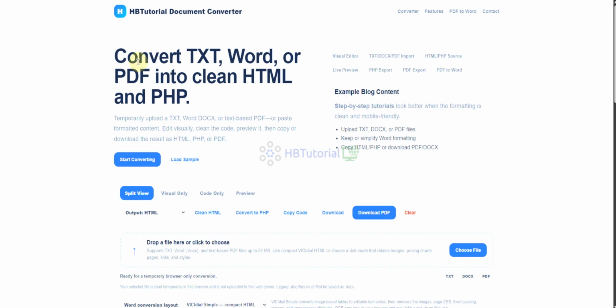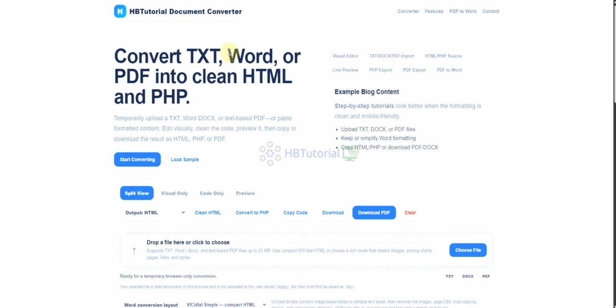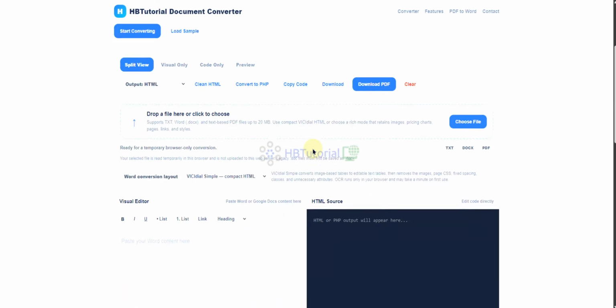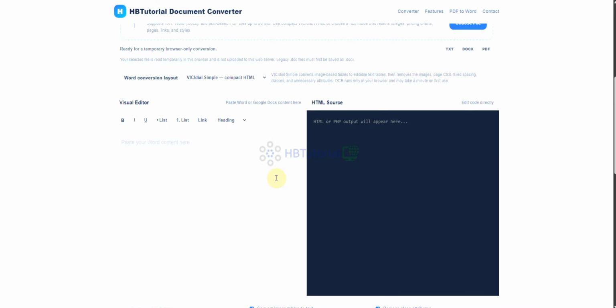You can convert text, Word, or PDF files to a PHP file or HTML format, so that the format of your script will not change, and it looks the same when you upload it on the dialer.